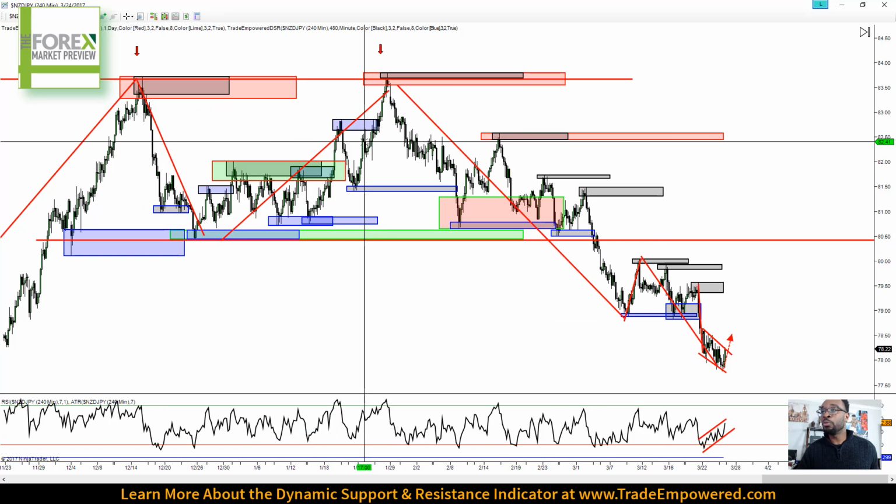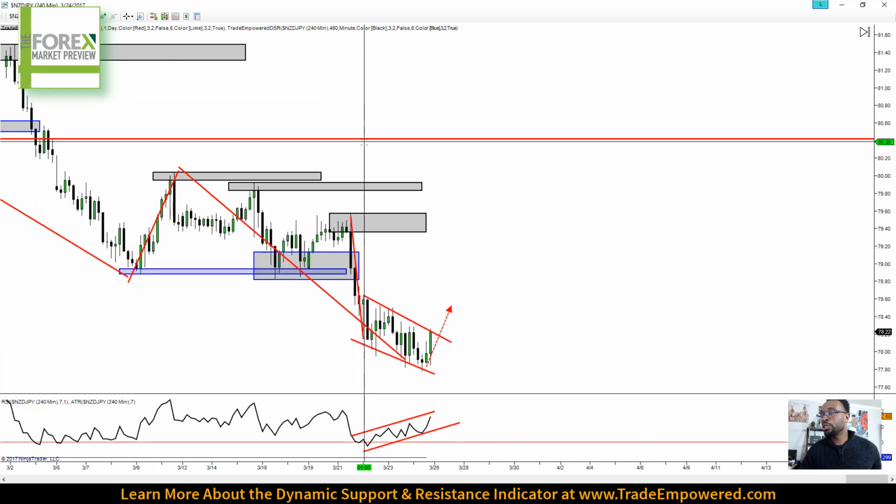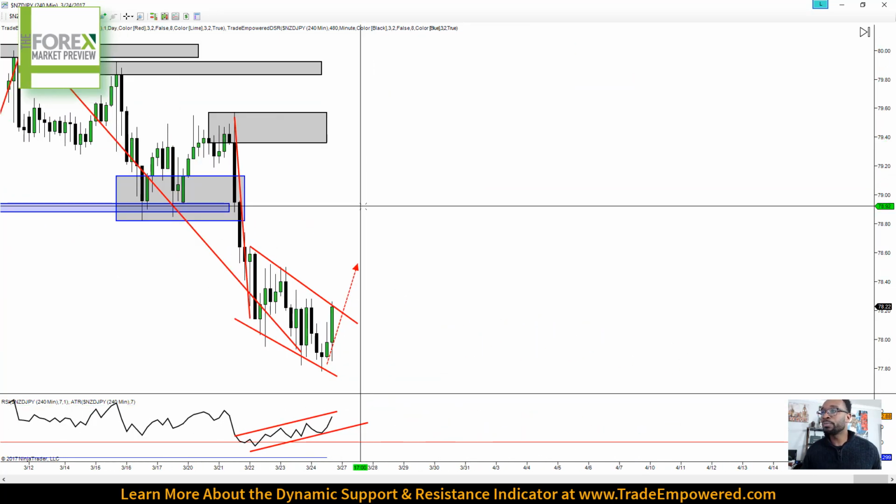And you're going to see both of those indicators on my chart now. The red and green boxes are levels of structure that I need to pay attention to based off my daily time frame. The blue and black boxes are levels of structure I need to pay attention to off of my 480-minute time frame. And what we notice here is that when we come back down to our level,